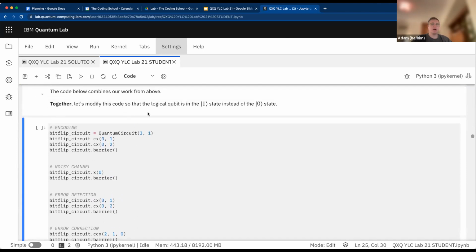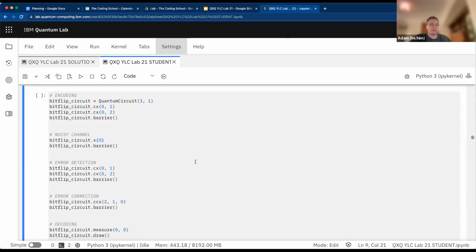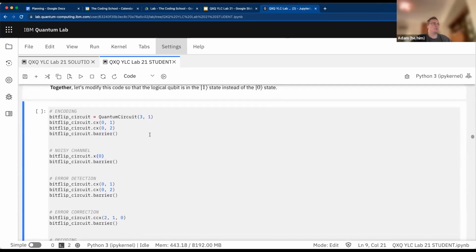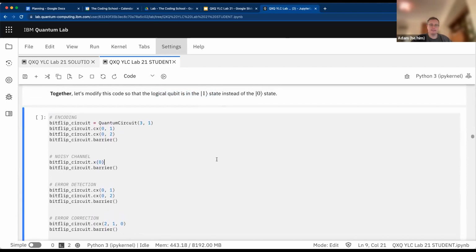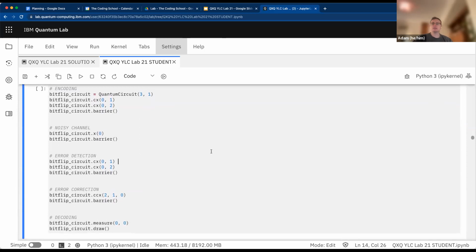But now I want us to modify this so that we're actually using the logical qubit in the 1 state. Does anyone have any idea, first of all, of what part of the code we're going to change? What generally do we have to do here to change what the logical qubit's state is? It was 0 before. That was the assumption, that was the starting point. But now I'm saying I want to change it to the logical qubit, not the physical ones. The logical one is definitely in the 1 state. What do I have to do to this code here that you also have in your notebook? What do we have to do? What do we think? The execute before